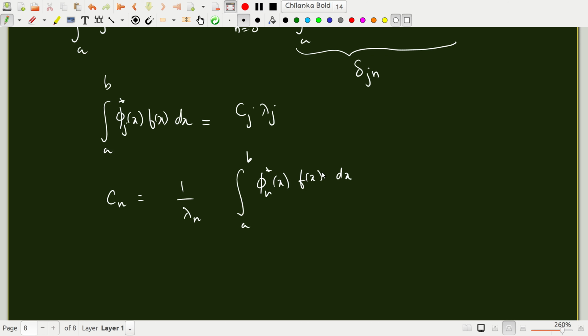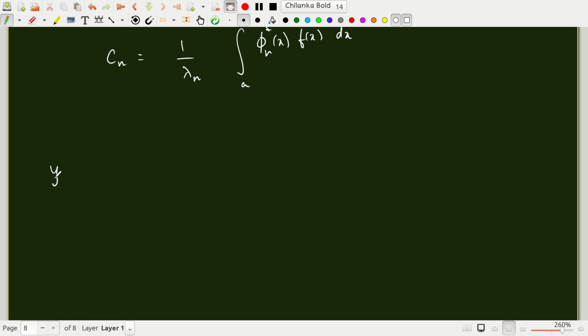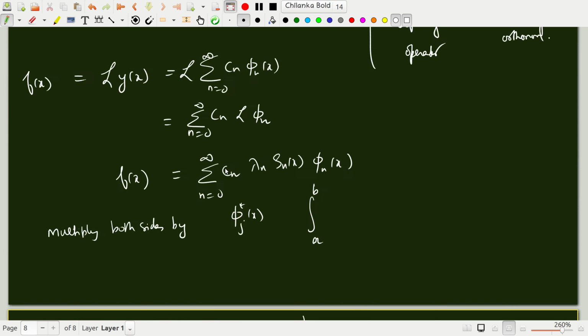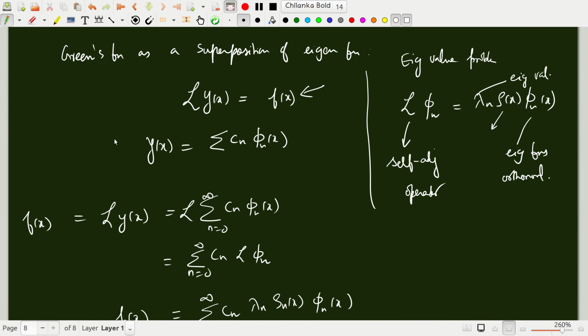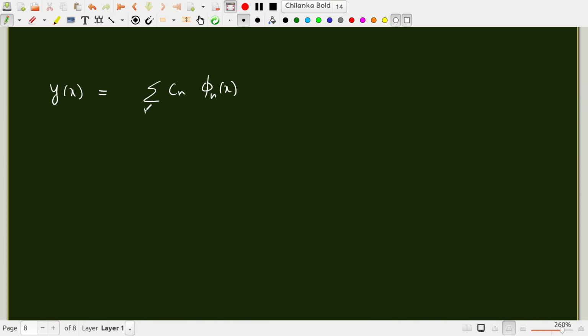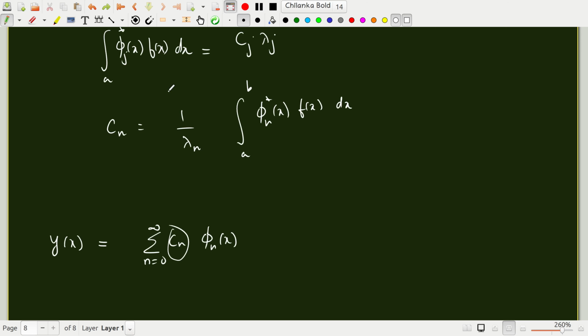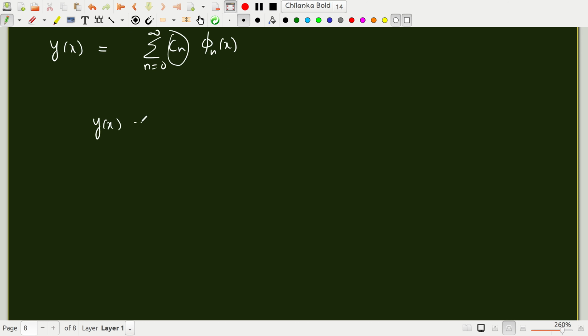Okay, now y of x, the function on the right side, is summation Cn phi n of x. Sorry, the y of x is the solution that we are after, right? We are expanding y of x as in the eigenfunction expansion. So y of x is summation n Cn phi n of x, but we know what Cn is now in terms of the eigenvalue problem. We just found Cn's to be this, so I can substitute Cn's out here to get y of x is nothing but summation n equal to 0 to infinity 1 over lambda n integral a to b,